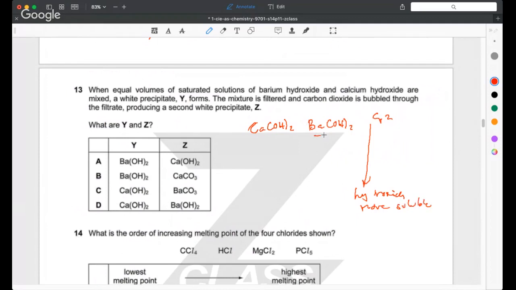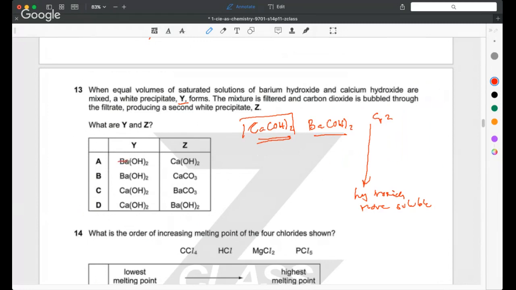And so barium hydroxide is more soluble than calcium hydroxide. So in a solution of barium hydroxide, you'll have more OH minus ions than you would in an equivalent solution of calcium hydroxide. So when you mix those two together, you're going to have a precipitate forming of calcium hydroxide. And so it says up here the white precipitate Y forms, well, the white precipitate is calcium hydroxide,